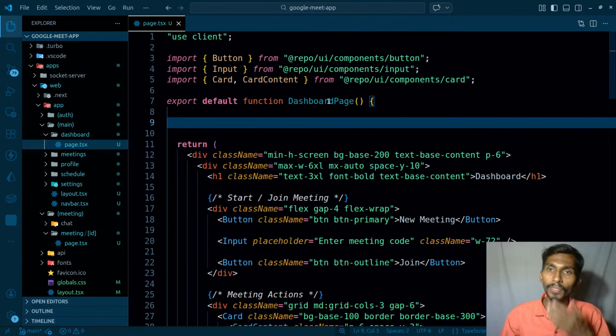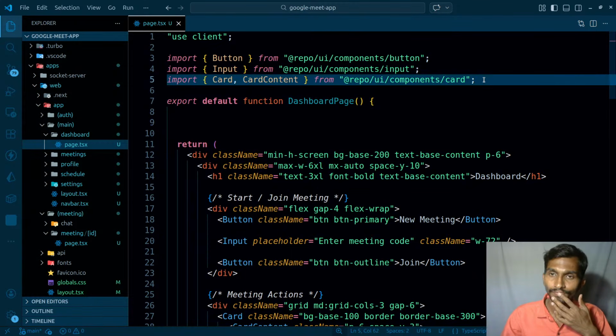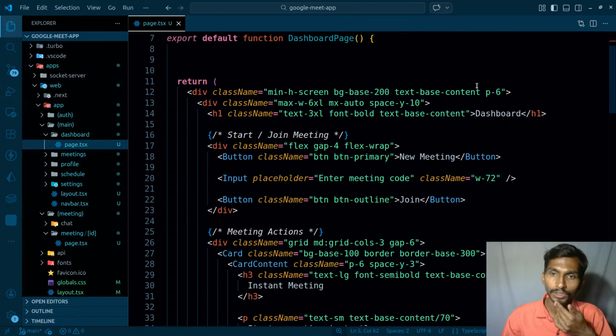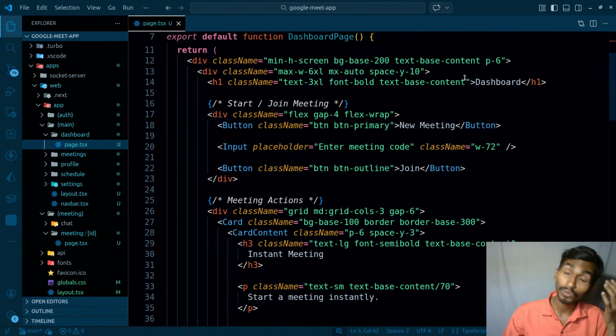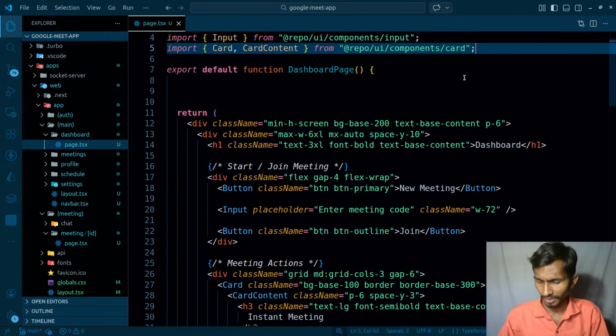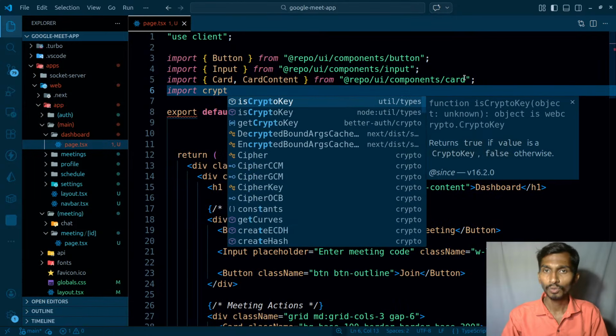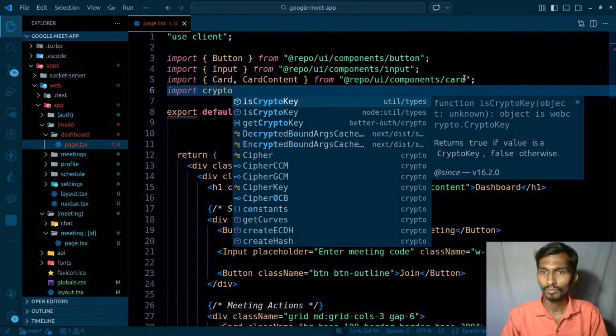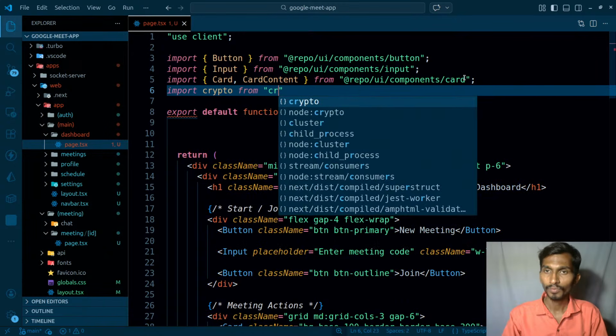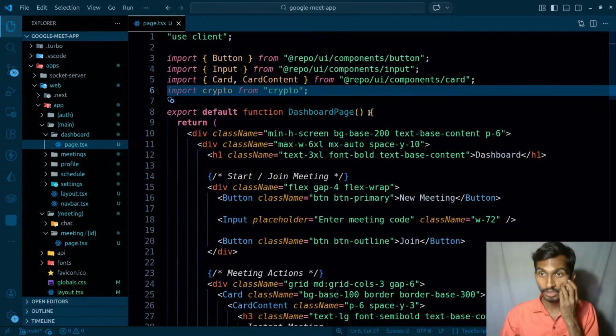Let's do that right here, and this is the use client page. And where should I get that particular thing? Maybe inside the use client page I can easily get that too. So import crypto from crypto,